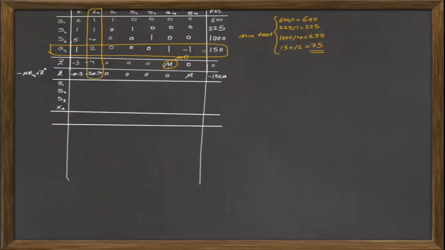Now, the elementary row operation to change the pivot row to a value of 1 is dividing the pivot row by 2. So R4 divided by 2 is the elementary row operation we need to do. Now we have to use this row to manipulate the other 3 rows to have a value of 0 in the pivot column. Now, by elementary row operation of negative R4 plus R1, we are able to generate 0 in the